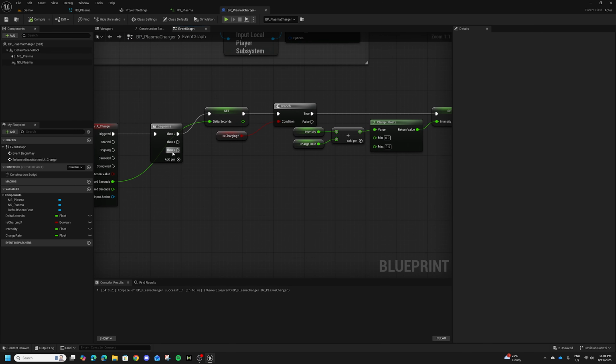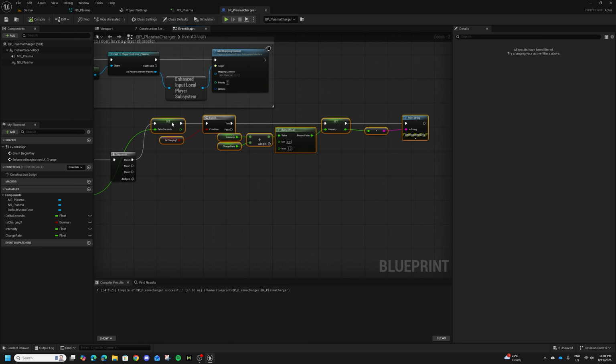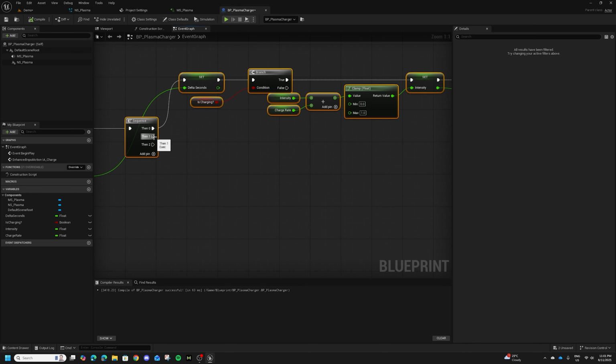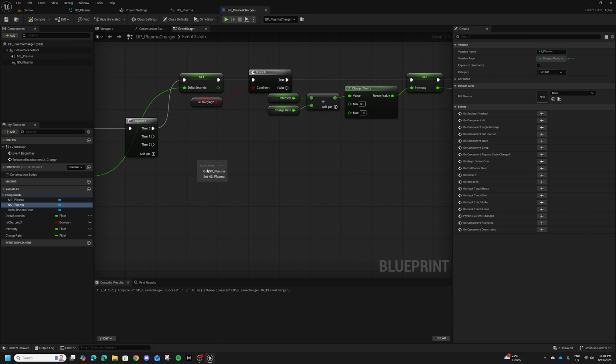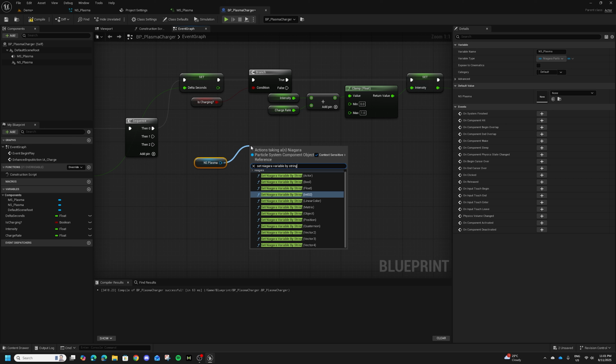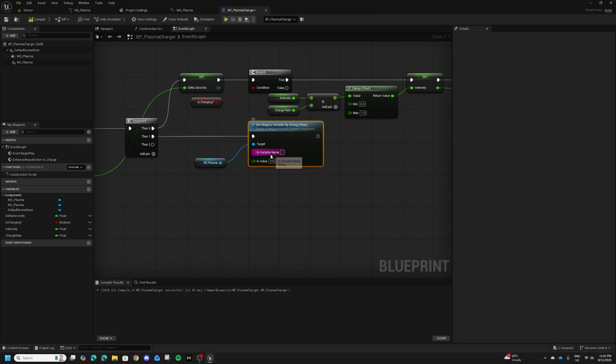Now for this, we're going to need an extra one here. Let's just actually grab this, bump it up a little bit so we have some room, and then we'll grab all of this and bump it down. The then one, so what we need to get is our Niagara system, and we want to set Niagara variable by string float. So what we're going to do, we're going to set this Niagara variable using a string, and that string will be